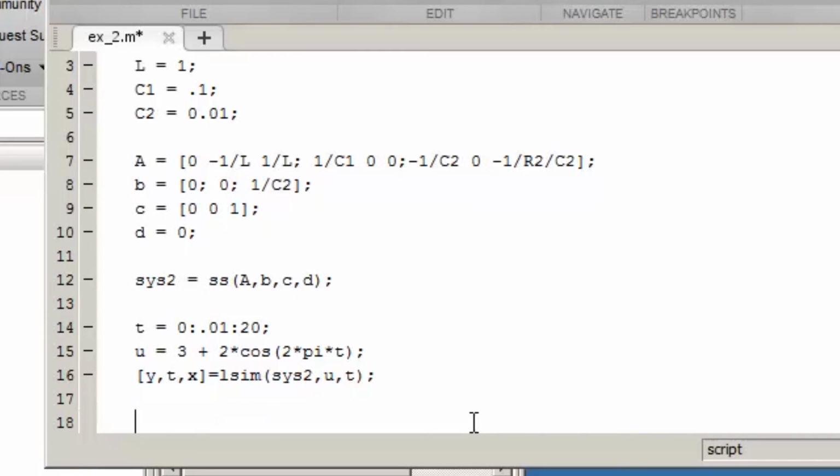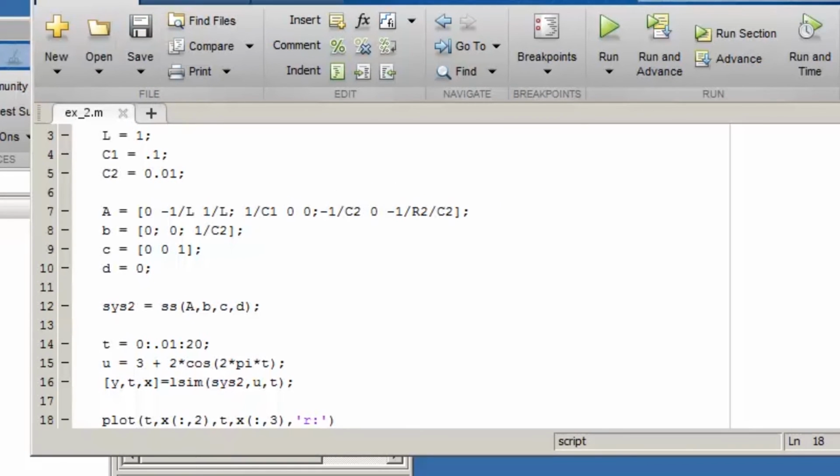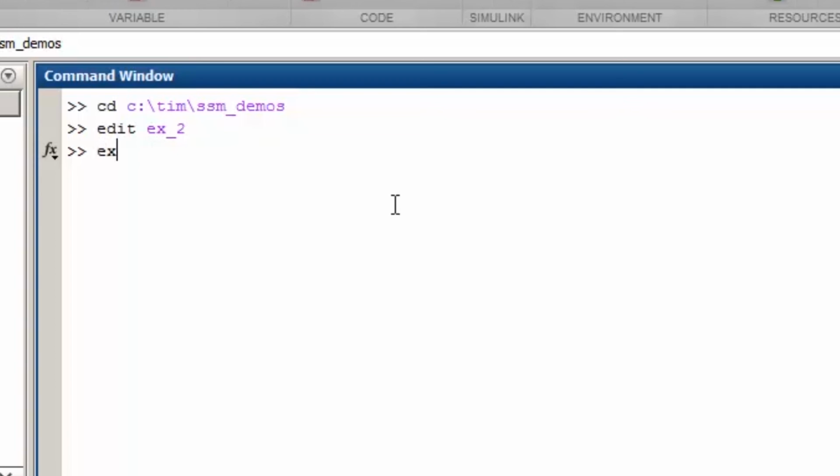After I've got those values, I'm going to go ahead and plot the response. To plot the response, the command is just plot. And the first line will be t, and then the second column of x. This colon notation means take all of the elements in that dimension, so all of the rows in the second column, then all of the rows in the third column. So this will plot the second state, x2, and this will plot the third state, x3, on the same plot. And this notation here tells me that the plot of x3 will be a red line that's dotted. Now let's save this. Run the file, ex_2,